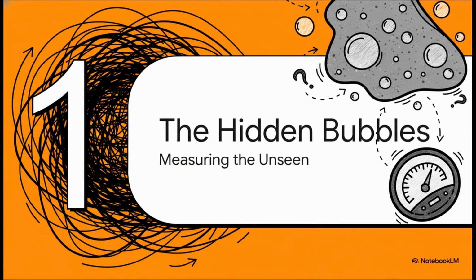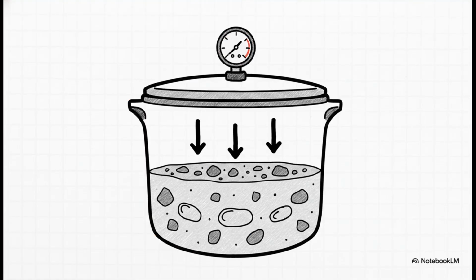Let's start with Section 1, the hidden bubbles. So how exactly do you measure something you literally can't see that's trapped inside a dense, gray mixture of rock and paste? Well, it relies on what's called the pressure method. The core mechanism here is remarkably elegant. Basically, it involves applying air pressure to a known volume of concrete to compress the entrained air inside its pore